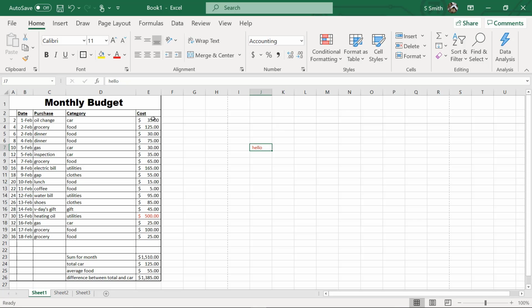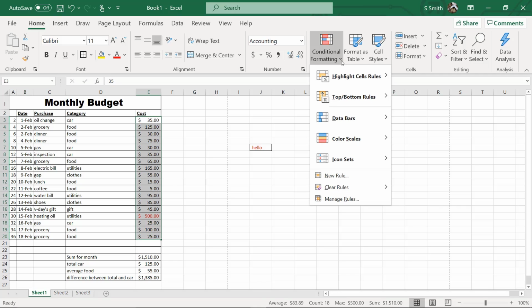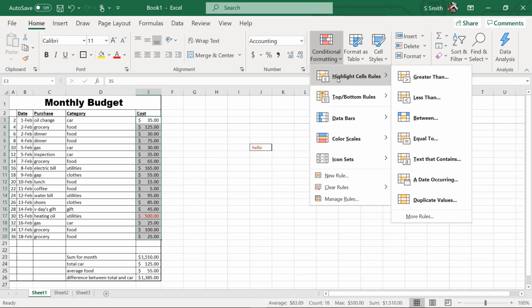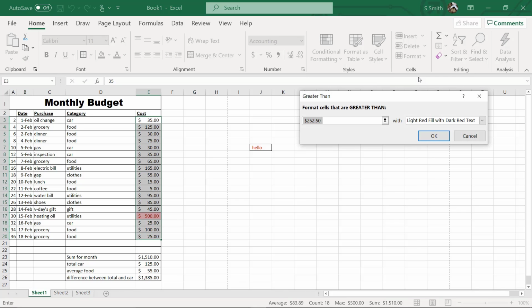Here's another fun tool. If I wanted to highlight all of my data, I could go to Conditional Formatting. And I could go to Highlight Cell Rules. And I could say, I want to highlight every cell here that is greater than $100. And then I could select what color I would like to fill it with.